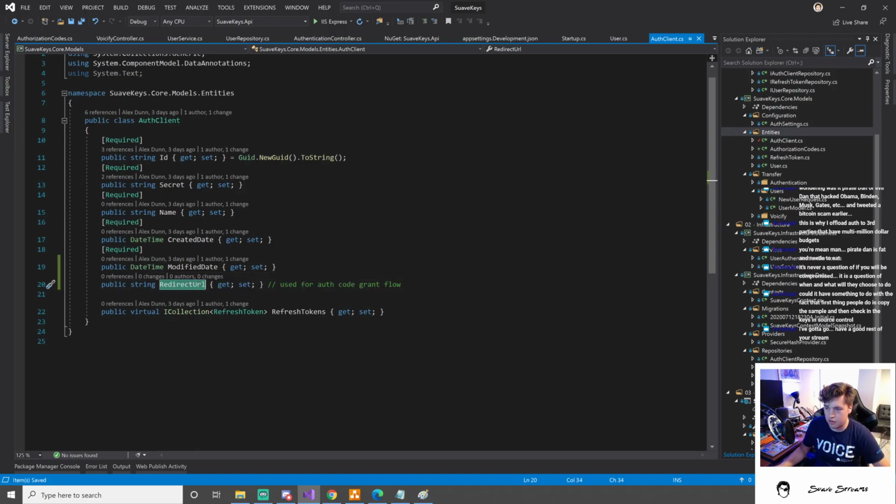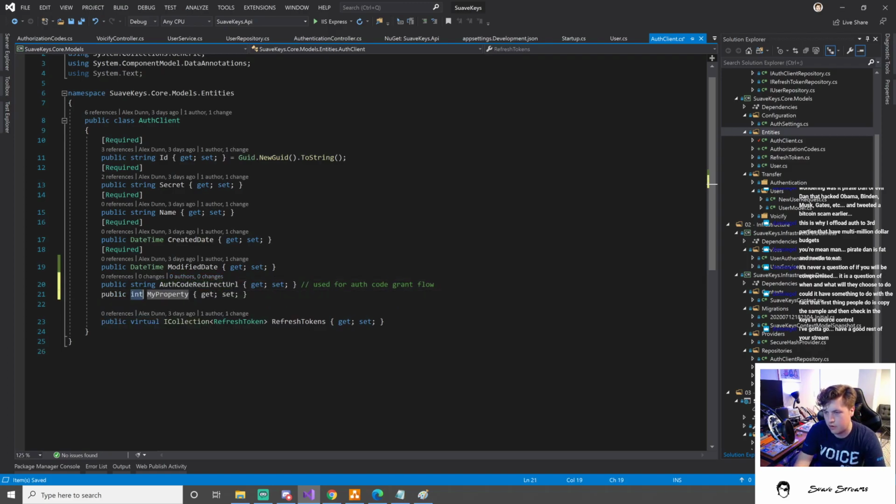When we send back the auth code, and in the end the access token as well, we need to validate that, if you requested us to send it here, are you allowed to send it there? So we'll have AuthCodeRedirectUrl,